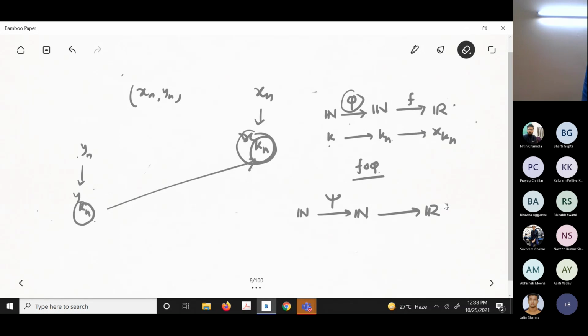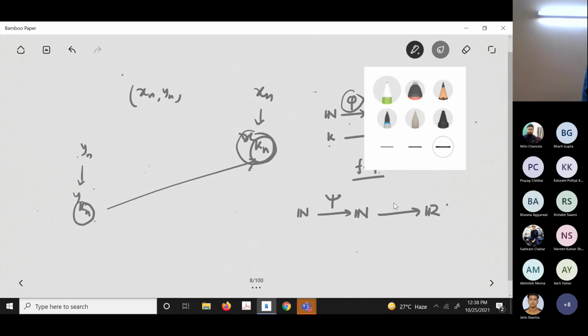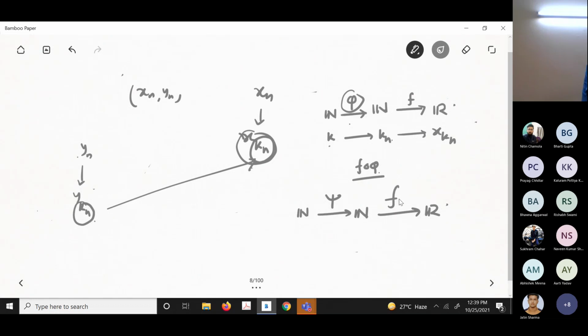So here the subsequence will be this function, and this function and this function need not be the same. So this is the problem. Just because I am using the same notation, I am not actually allowed to use it, because kn actually indicates this function, and this function here can be different. So that's why the proof is wrong. I was doing xkn, ykn, I was telling then this.